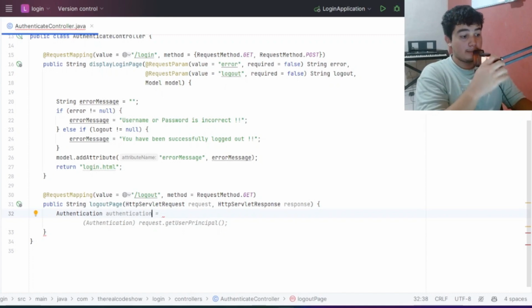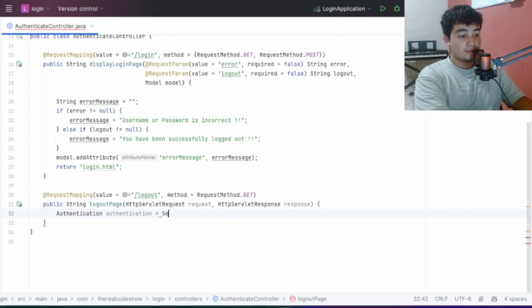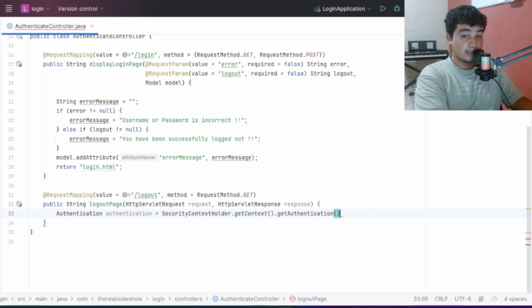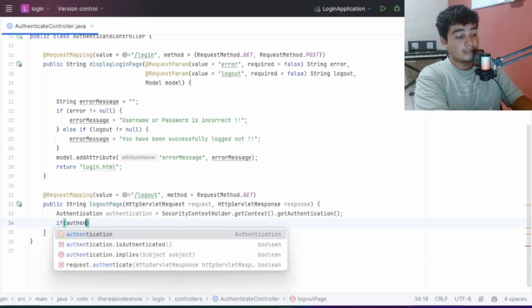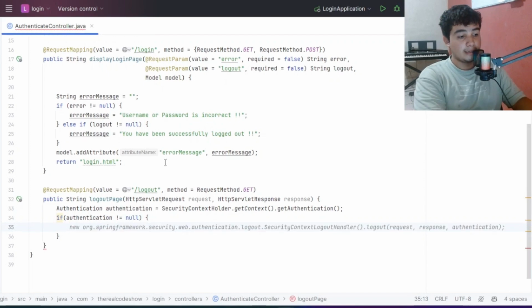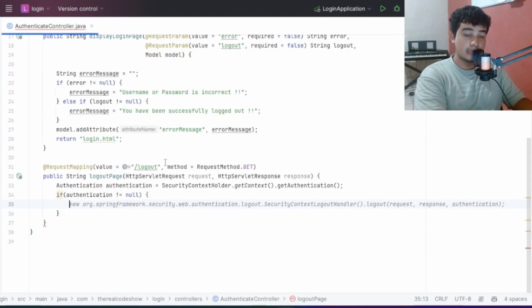To do so, I'm going to be equaling this to the security context holder. This is the object, and I am going to be getting its static method get context, and I am going to be getting the authentication object that is contained in the security context holder. Now, if the authentication captured is different from null, meaning that there is a user in the Spring security context,